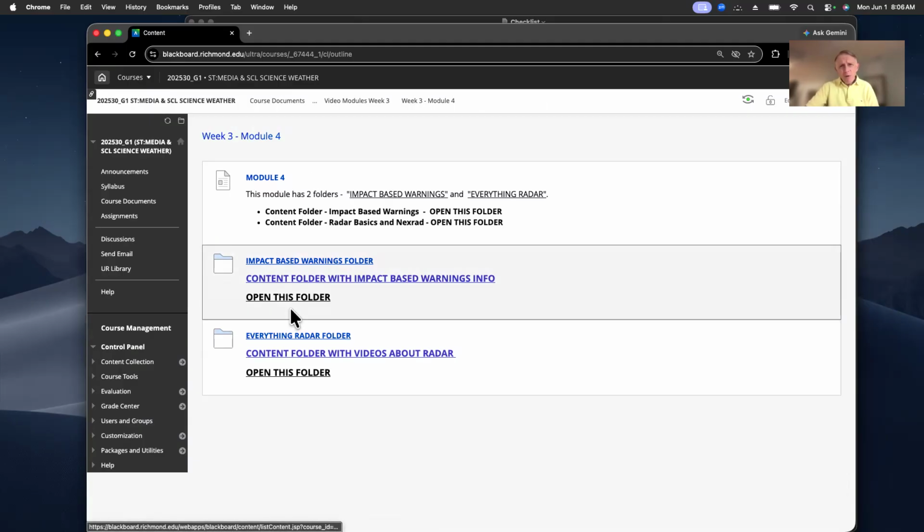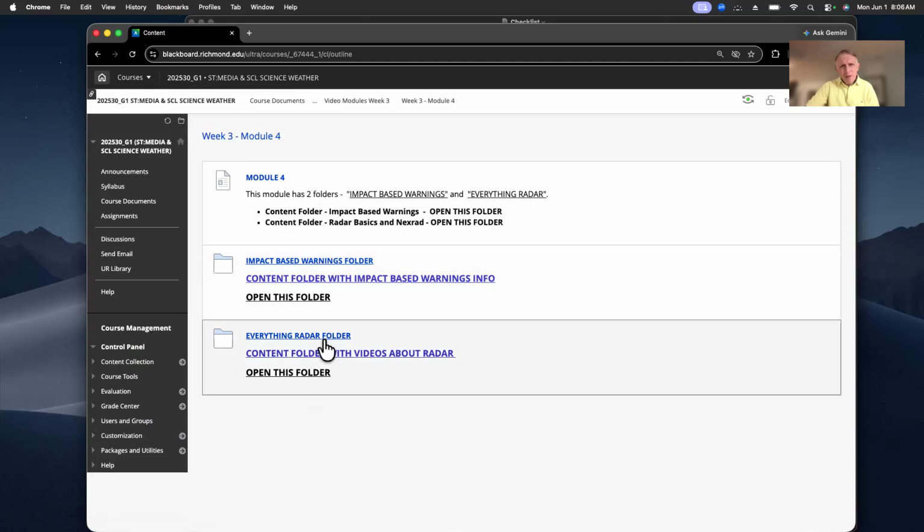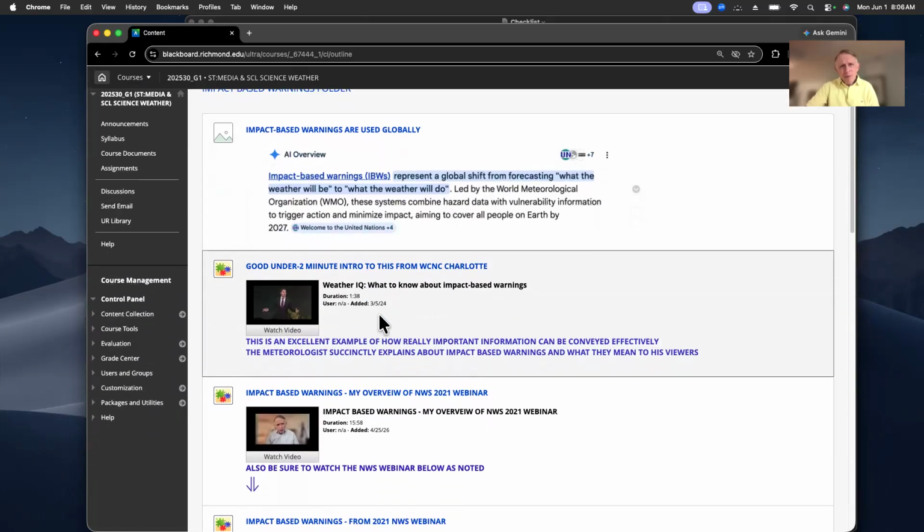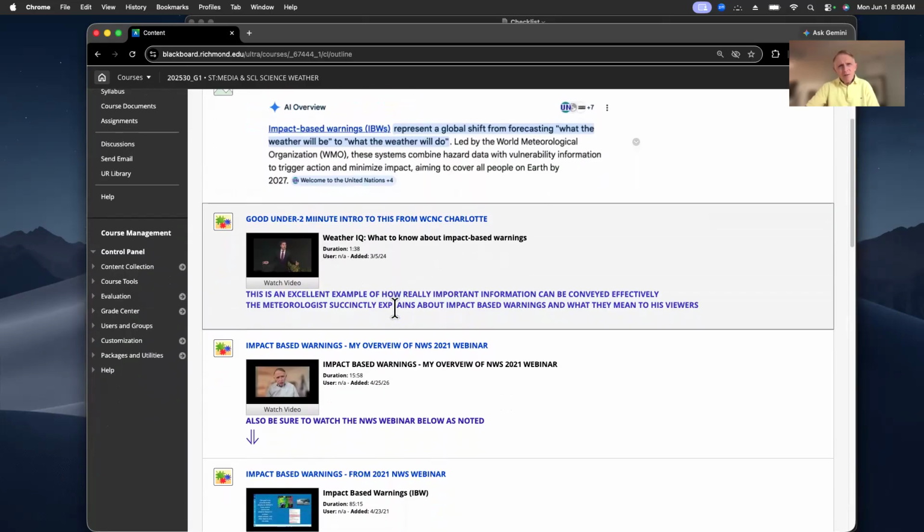Finally, in Module 4, I talk about impact-based warnings, and the impact-based warnings are in two folders here. We have impact-based warnings, and in this folder, everything about radar. It just gives you lots of information about radar and NEXRAD and stuff that I'd like you to review and understand. But impact-based warnings have been around for a few years, and they're basically weather warnings